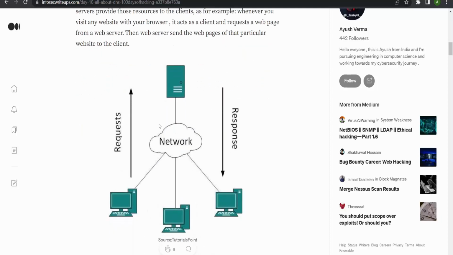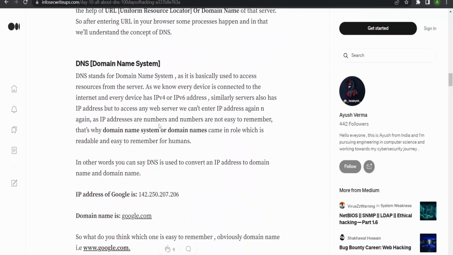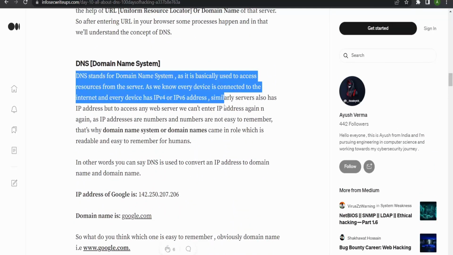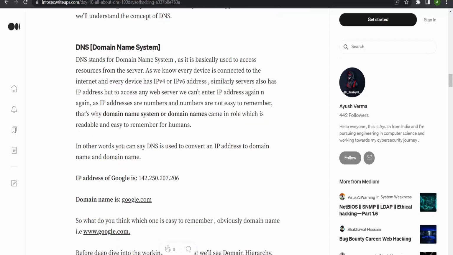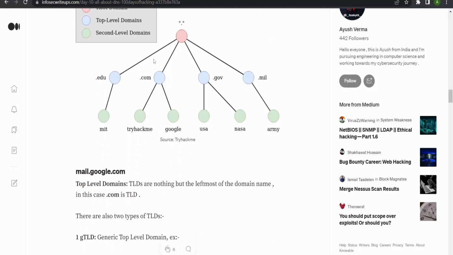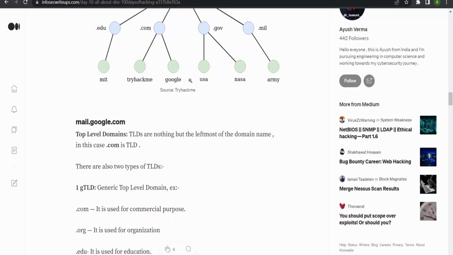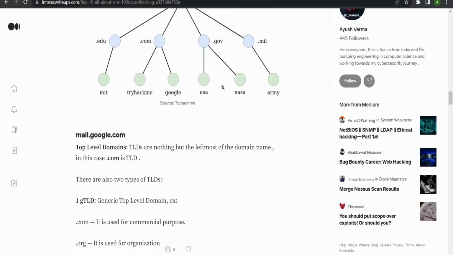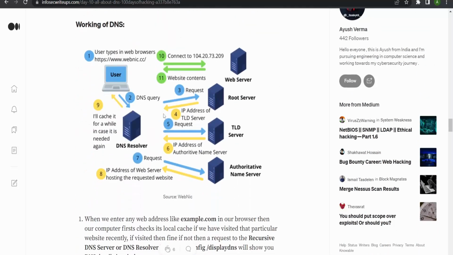We will see how it basically works. Let me move down. Here you can see I have given more explanation. You can learn it, and I will also tell you how it works. This is the domain hierarchy: root level domain, top level domain, second level domain, like .com, .gov, .mil. These are the top level domains, and TryHackMe, Google, USA are subdomains. You can learn all about these things. Now let's move forward to the working of